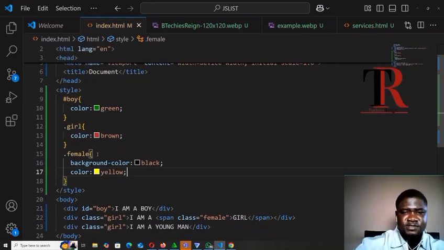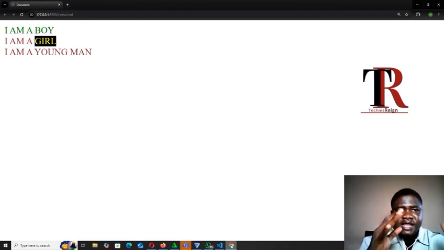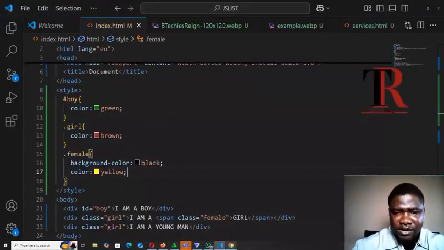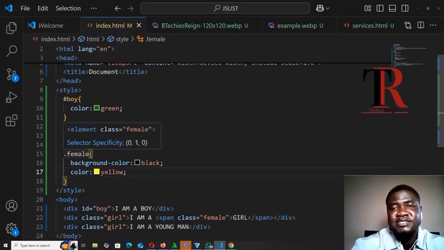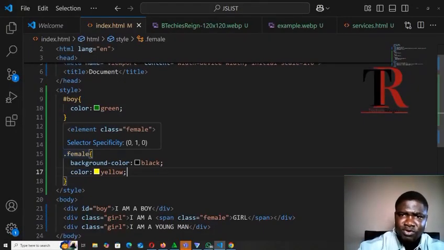and we save it. By the time we come back here, can you see what we have? Girl is now having a color of yellow and a background of black. Because why? We first of all create a class for it here. We now use that class to design it here inside our internal styling. Are you getting it now? So whatever you want to style, you can give it a class name, and then you work on it. Now the reason why